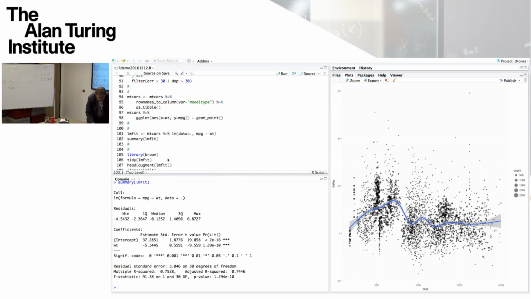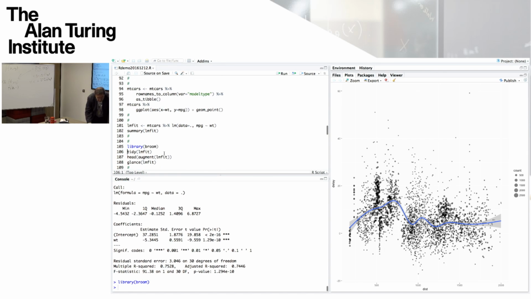There's a nice package that I'd just like to illustrate now, which is the package called broom. So if we load the library broom, along with tidy, it sweeps up all our information and keeps ourselves very tidy. And what it does is it gives us several functions. There's in fact tidy, augment, and glance.